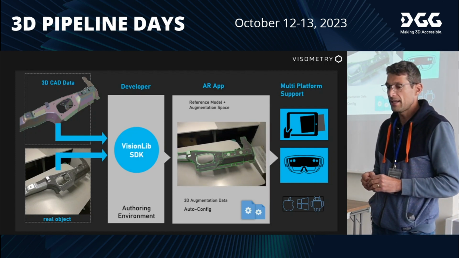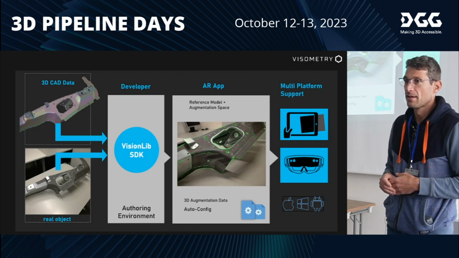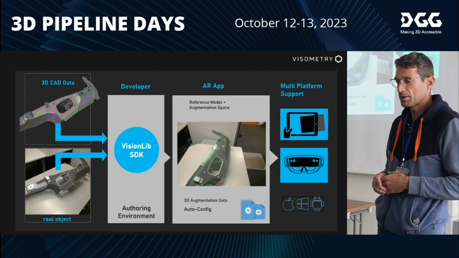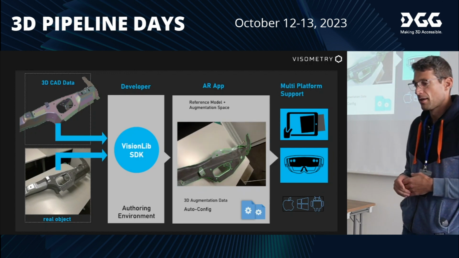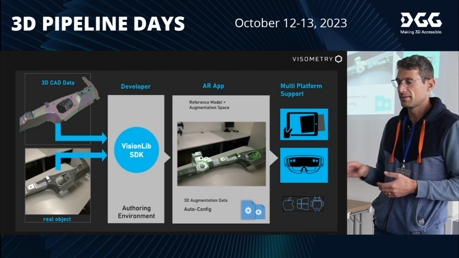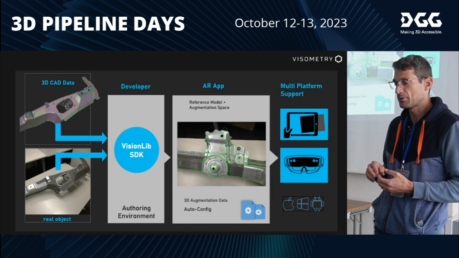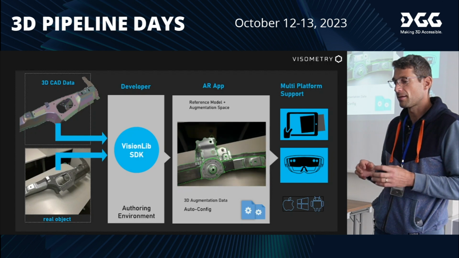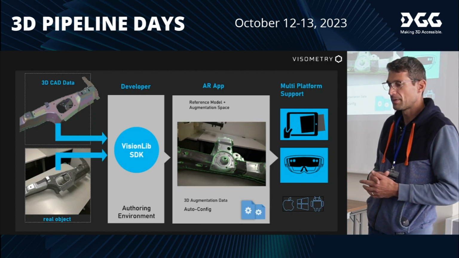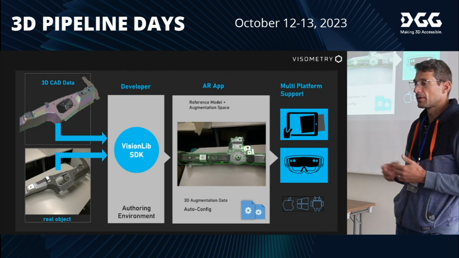And so this is the idea of our core engine, the VisionLib SDK. Mainly the input is a 3D polygonal mesh model, which can be any polygonal mesh format, and a camera image of some real object. What our software does is detecting this object and precisely refining the camera position in such a way that the virtual camera and the physical camera are almost in place. And so we can use this technology on lots of different devices.